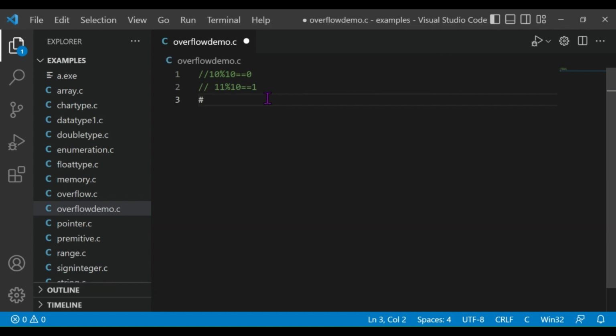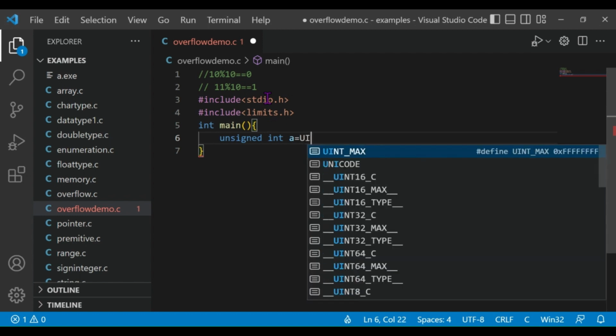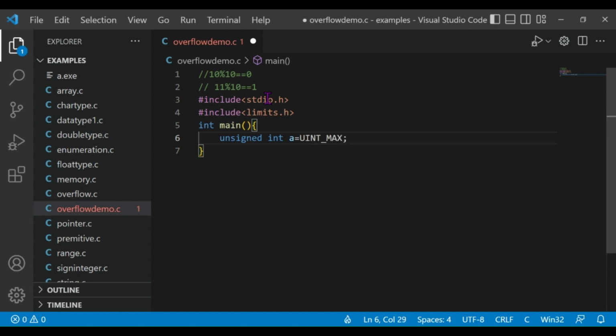So #include <stdio.h> and #include <limits.h>, int main. Here I am going to declare an unsigned int variable. So unsigned int a, and I am assigning the upper limit of the unsigned int data type, that is UINT_MAX. UINT_MAX is the upper limit of the unsigned int data type defined in the limits.h header file,